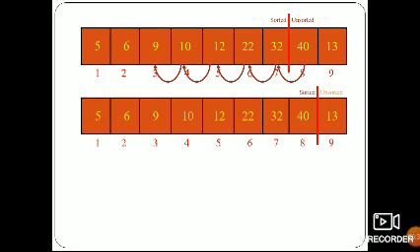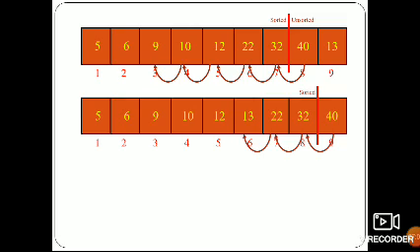Now 40 and 13, 40 is greater than 13. What do we have to do? We need to swap. That 13 has to be kept in the correct position. Now we got 5, 6, 9, 10, 12, 13, 23, 32 and 40. So this is a proper order.